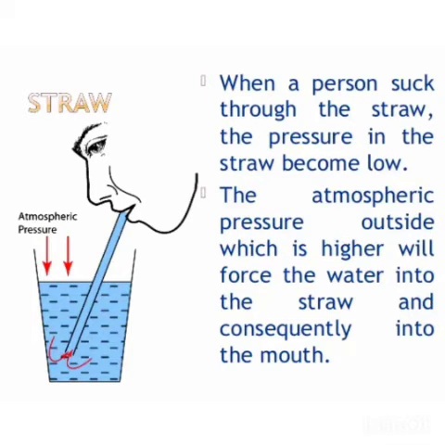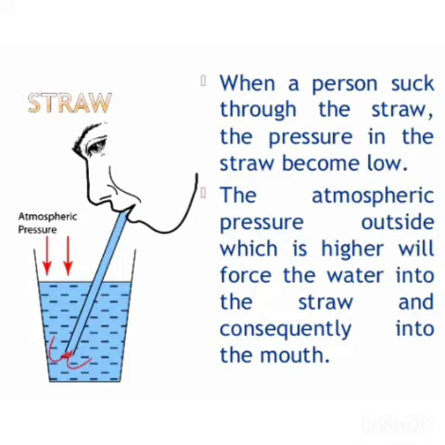Take a long straw, and suck in water to fill the straw from a glass of water. Immediately close the upper end of the straw with the thumb of the same hand which is holding the straw. You will observe that the water does not fall out of the straw. This is because your thumb is blocking the action of the atmospheric pressure on the top surface of water in the straw and prevents it from falling.